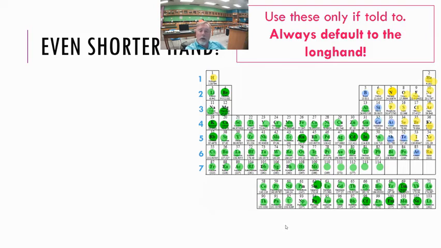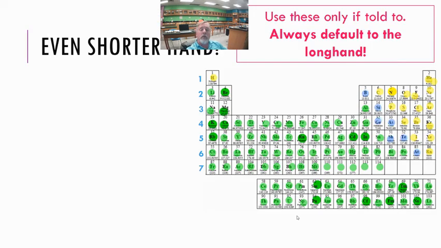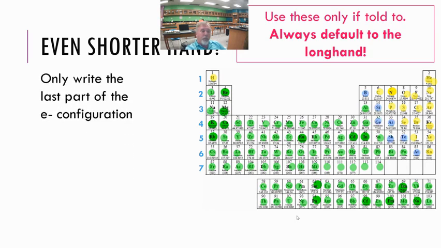Now, what I want to show you here is kind of a shorthand, if you will, on how we can identify an element. What I was just showing a moment ago was a really long electron configuration. It took a lot to write out for zirconium, for example. It's a long string of numbers and letters. But we can do this in a shorthand way. What is our rule for our shorthand way? All we have to do is write down the last part of the electron configuration, that last shell that it's filling, those last orbitals that it's filling.